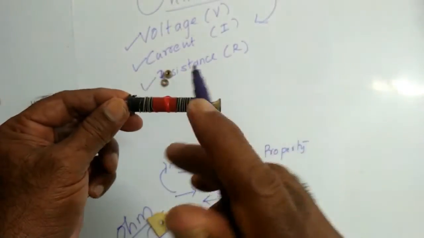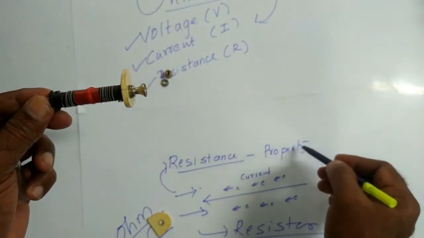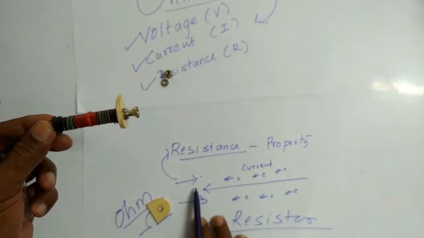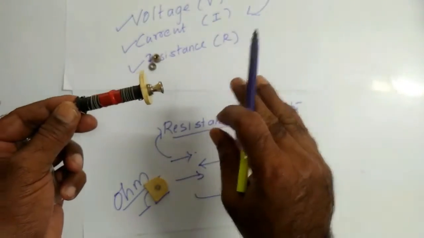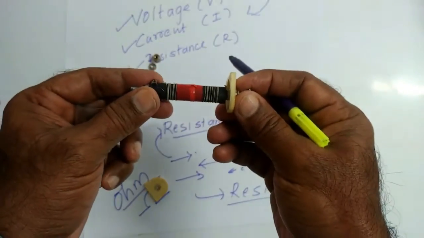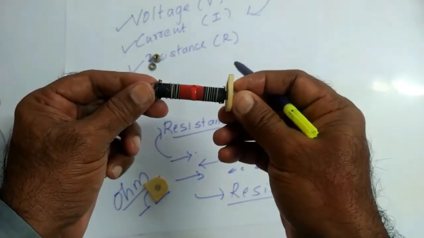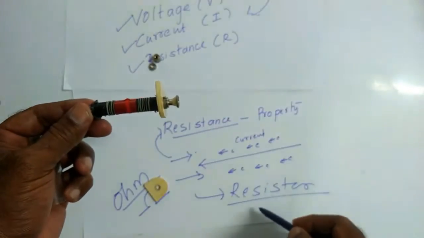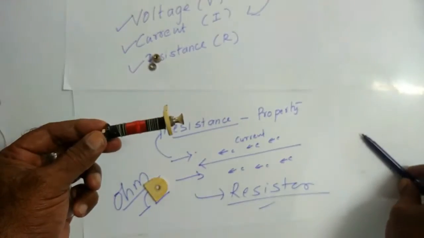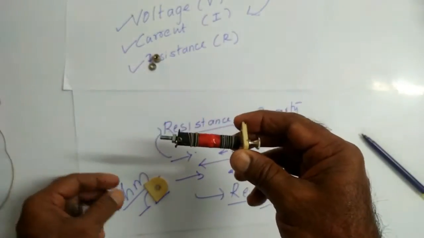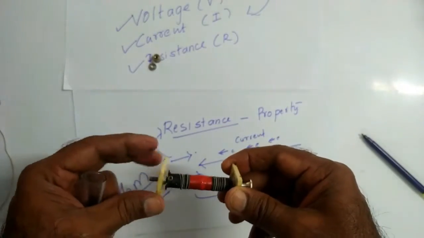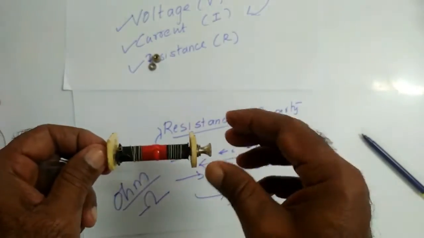So one point is very clear now. We have understood what resistance is. Resistance is the property of any conductor to oppose the flow of current. The more the resistance, the less the current. And generally metals which have more resistance are called resistors. Now this is the resistor which I have shown you. I will close it a little later,